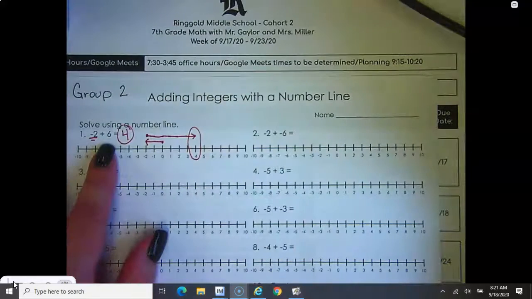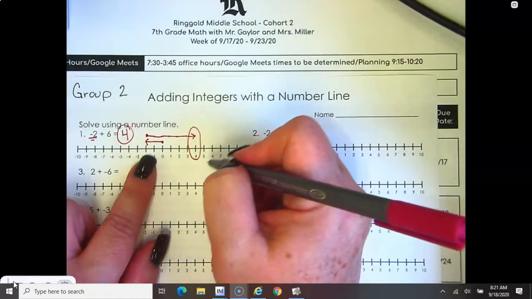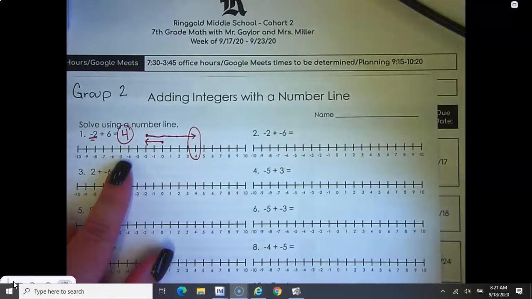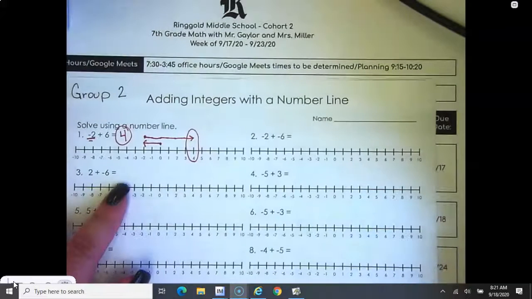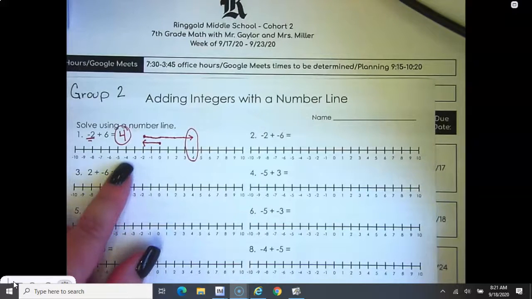So when you are working on yours, you need to make sure that we can see both arrows, that we can see where your answer is, that you've answered it, and you circle your answer. We are grading this for a grade, not a completion grade, a right or wrong grade. Like, so if we go through here and it's a red hot mess and we can't tell where your arrows are, it's wrong. If we go through there and we can't tell what the answer is, it's wrong. If a 7 looks like a 2 and we can't tell what number it is what? Wrong. Now, you don't have to be the neatest, but we do have to be able to tell what you're